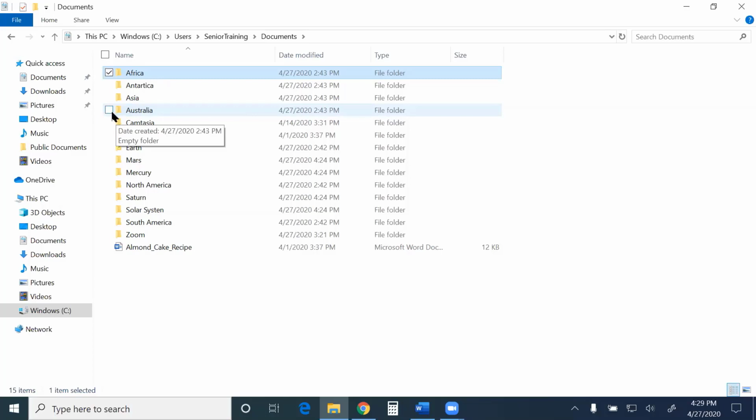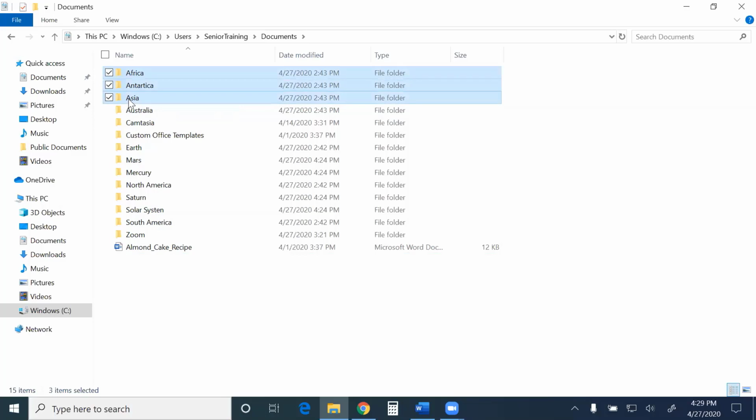And then I'm going to hold down my Shift key, and then I'm going to click the last thing in the list. And I've got a glare on my keyboard, so I couldn't see what exactly I clicked just now. But if I hold down my Shift, it's going to select the first, the last, and everything in between. So when I do a Shift click, I had Africa, then I held down the Shift when I clicked on Australia. Now I've got all the first, the last, and everything in between highlighted.